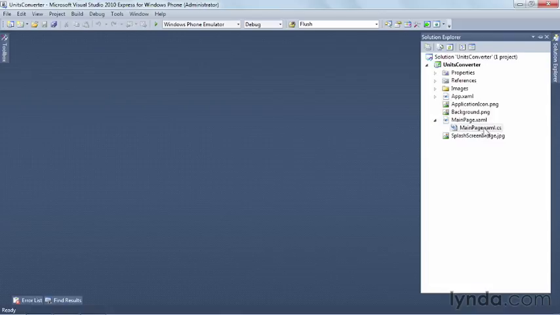All right, now that we've built the user experience and we've made sure that we can connect to the application bar and respond to that click, let's implement a more meaningful click handler for the application bar button and implement the click handlers for the Got Focus event that's associated with each one of the text boxes, so that we can properly decide which direction we're doing the conversion and clear out the pre-existing values from the previous conversion before the user starts typing. So let's open up the Solution Explorer and once again open up